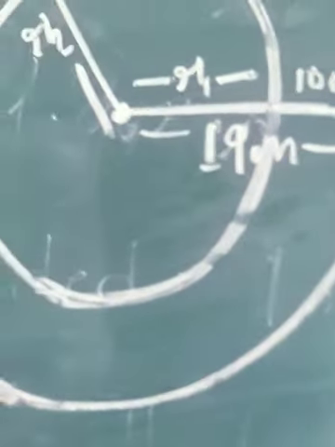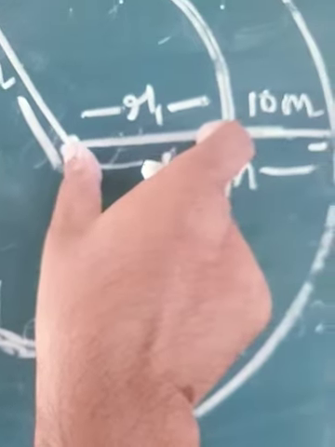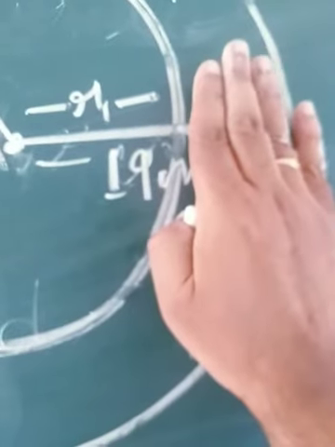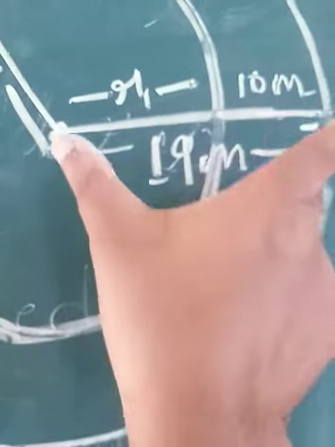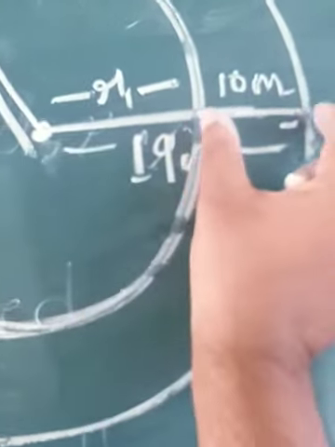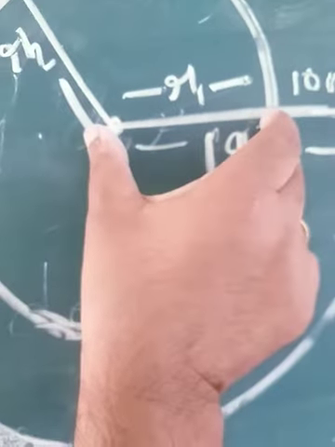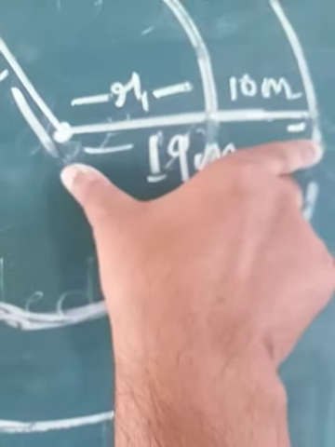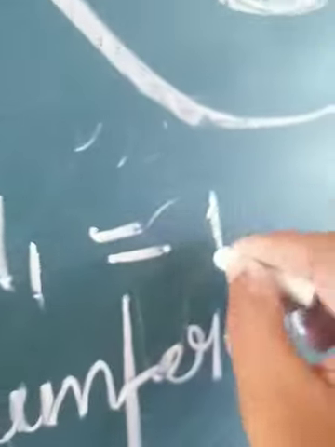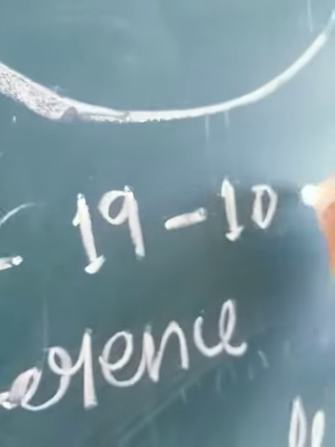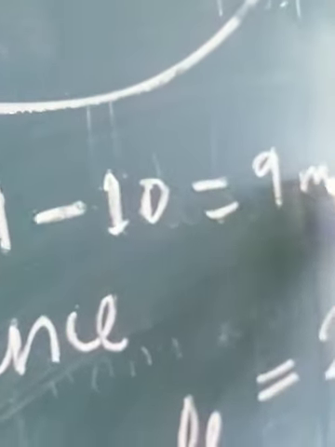So if you have to get the value of R1, what exactly do you have to do? You have to remove this part so that you can get this distance. The whole distance is 19 meter. If you remove this particular distance, then you will get this distance. So from 19, remove means you have to subtract. So R1 is equal to 19 minus 10, and you will get the inner radius. So the first job is to get R1. R1 is 19 minus 10, and the answer is 9 meter.